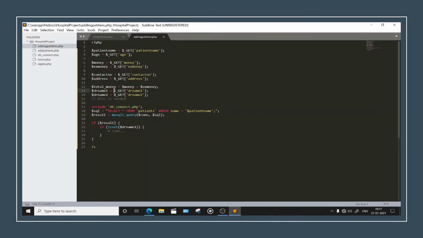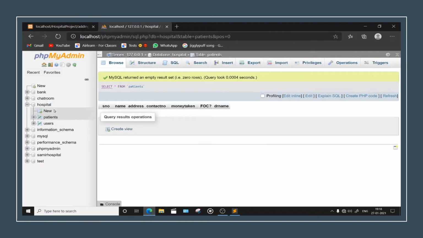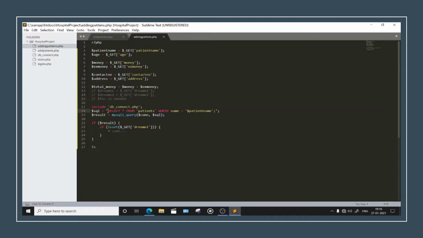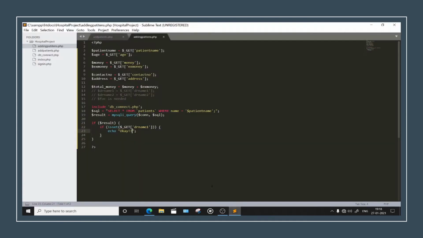Okay. I think let's copy this thing once again. Copy and paste it down there. Okay, and comment these two lines. These two. I want you all to do it this way. Well, let's refresh. Alright, so let's see what is happening. It is selecting only, it is not doing anything else, right? So let's see. Echo. Alright, let's see what it is echoing. Yeah, so everything is fine till now.